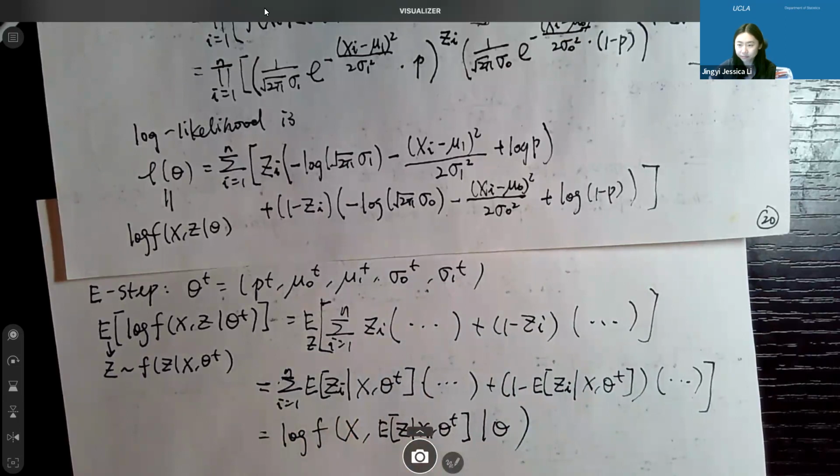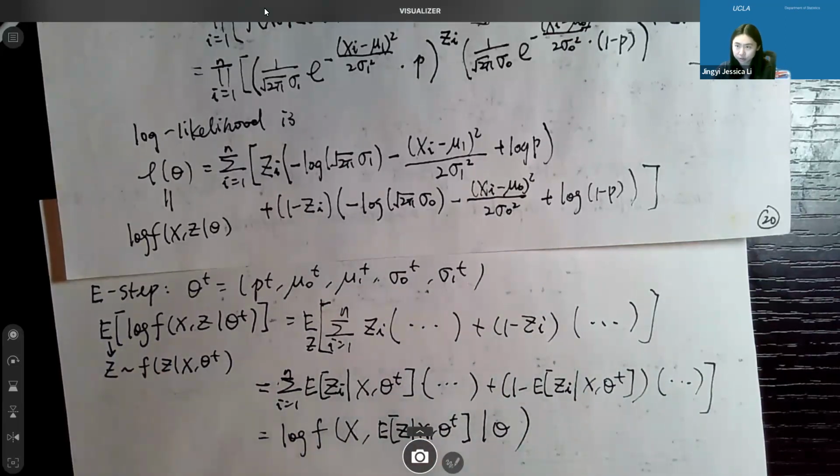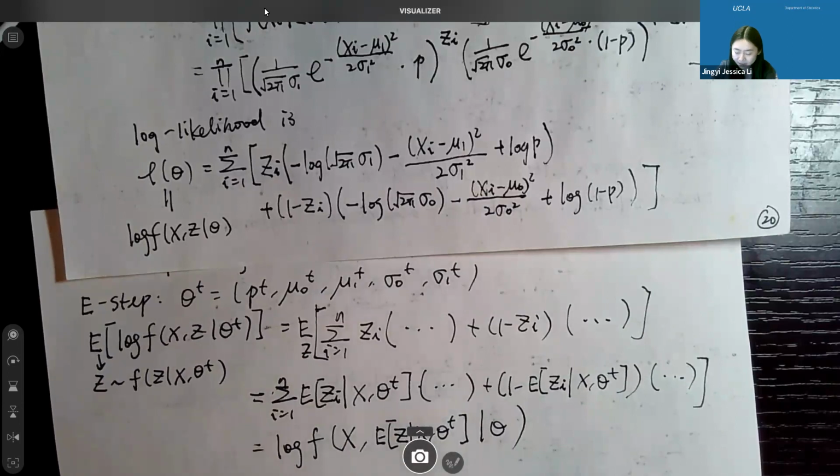So that's why in the EM algorithm, a way to simply put it is that you are still doing your log likelihood as in the complete case, the log complete likelihood. But in the complete likelihood, you are replacing the latent variables z_1 to z_n by their conditional expectations given x_1 to x_n and the current parameter value. So therefore, if we use the formula we obtained before,